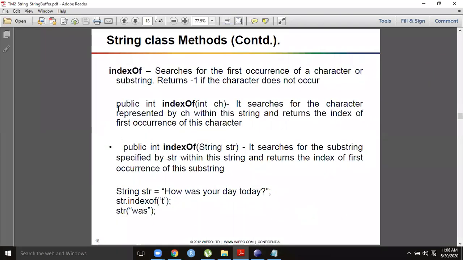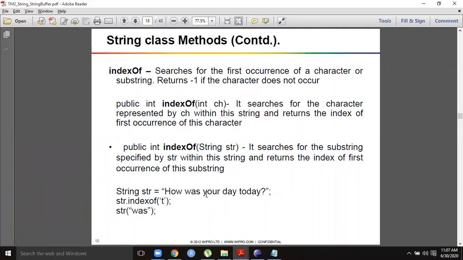So this is the most important method: the indexOf method. You have used different methods like strchr and strstr in your C language. Here you use this indexOf method. The indexOf method is used to search for a particular character or a substring in a given main string for the first occurrence. Otherwise, if it is not found anywhere, it returns -1. -1 means not available.